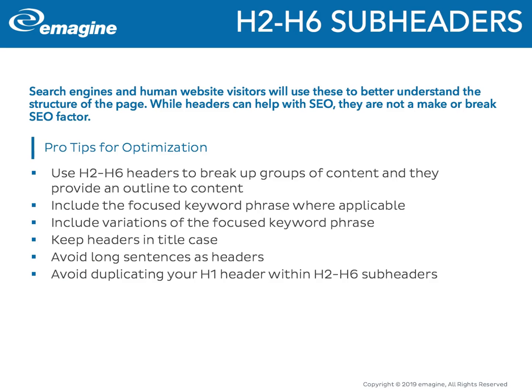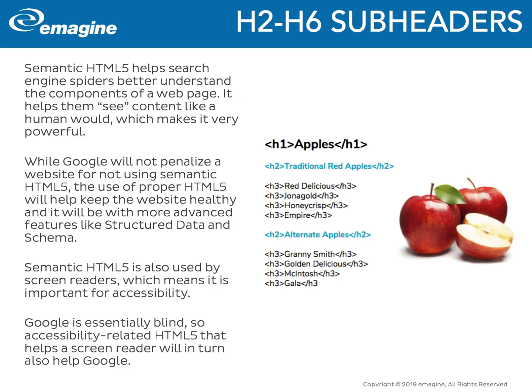Just as if you would do an outline for a paper or a book or anything else, think of that with your content, because those outlines become important and your subheaders should support the outline of that structure. Now, semantic HTML5 is something that is used to help the search engines understand that content's outline. And here's my example with the apples, where I have the H1, which is the overriding topic of the page,